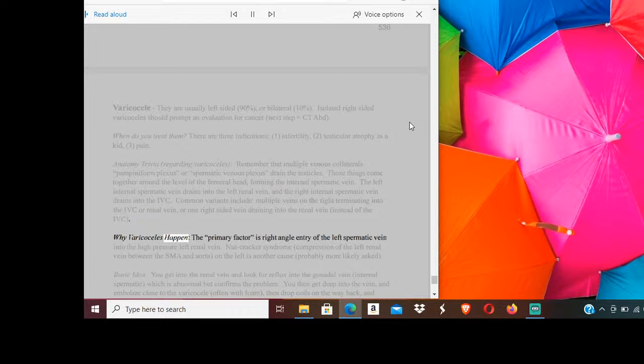Why varicoceles happen: the primary factor is right angle entry of the left spermatic vein into the high-pressure left renal vein. Nutcracker syndrome, compression of the left renal vein between the SMA and aorta on the left, is another cause, probably more likely asked. Basic idea: you get into the renal vein